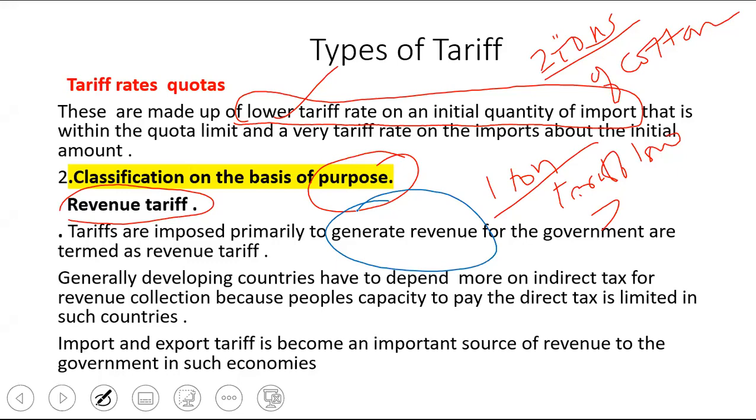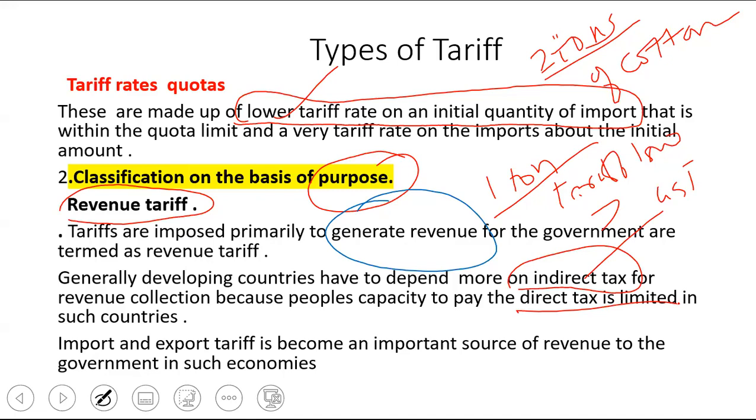Children, you are remembering there are 2 types of tax. One is direct and indirect tax. As far as a country like India, we are basically depending more on the indirect tax. Example of indirect tax is GST, custom duty and all those stuff. Why? People those who are paying direct tax is limited. The number of people who pay income tax is low. What may be the reason? Point number 1, their income may not be high. Point number 2, they may be avoiding the tax, evading. They are not paying the tax.